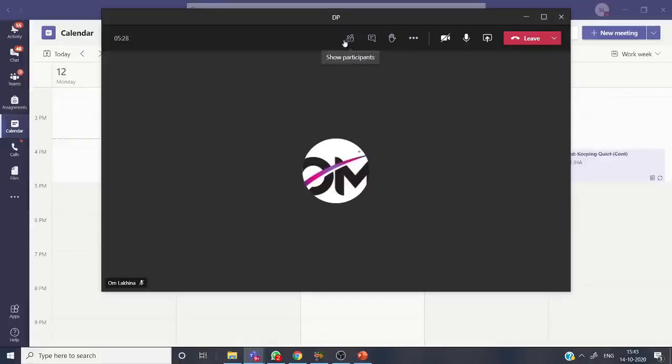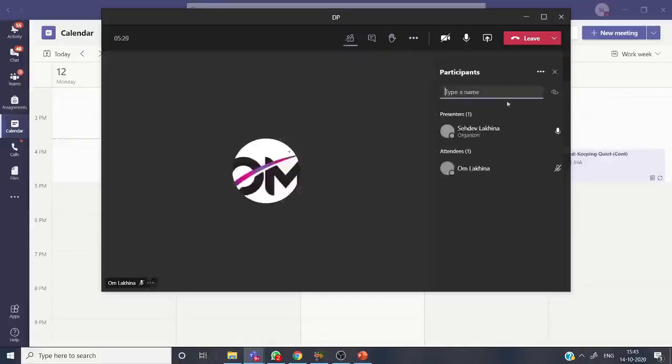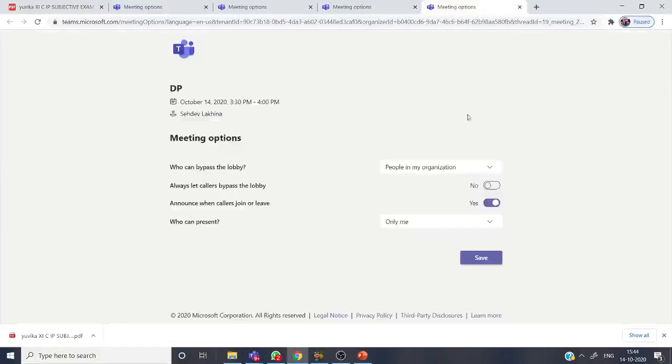All of you click on this option, show participants, and now click on three dots and click on this manage permissions. By clicking on this manage permissions option, you will get another interface in Google Chrome, and here you should select, there is a first option, who can bypass the lobby.